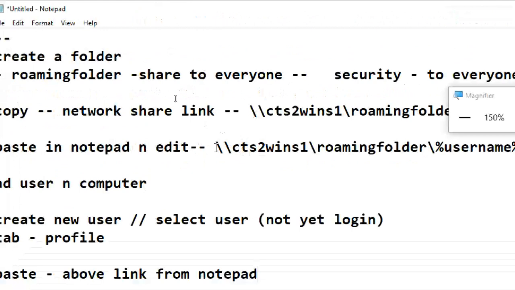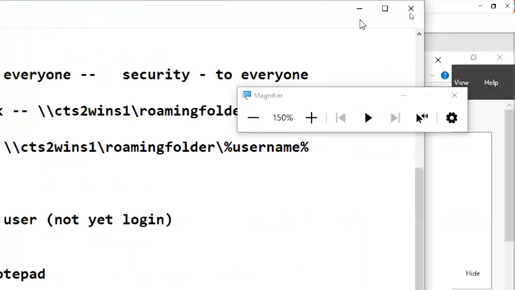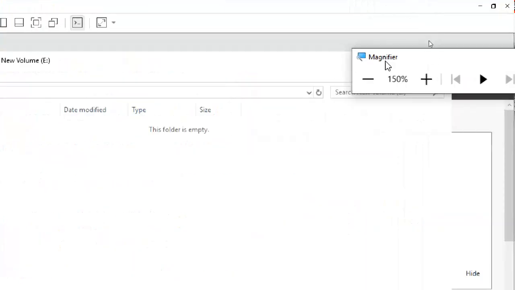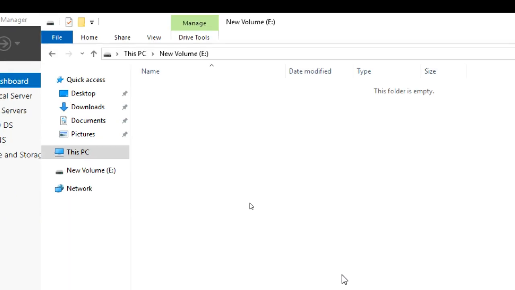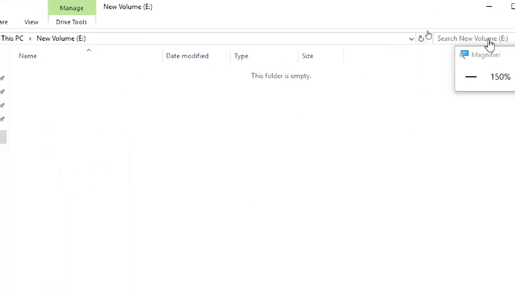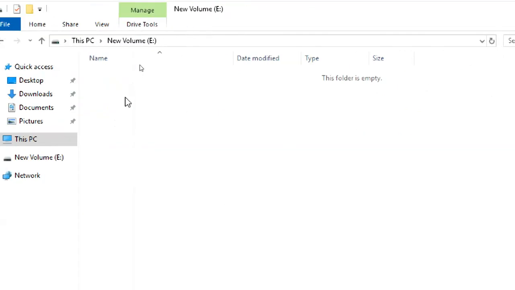You have to paste this link in the roaming profile field. We'll see this by doing it practically. We should have an idea of what we are doing before we do it, otherwise you don't remember what you did.